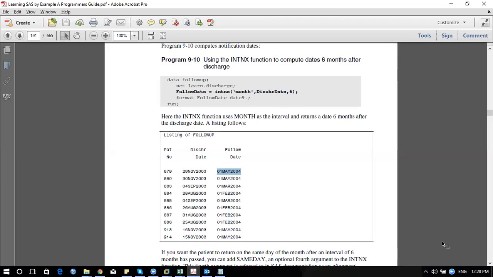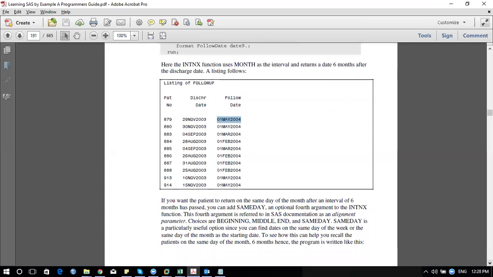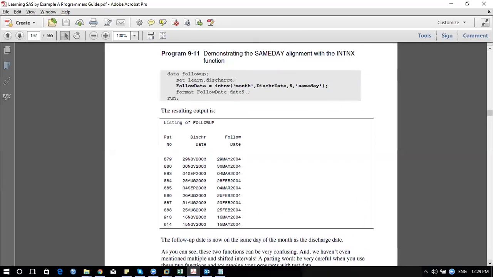Then you can use the same query and you can use these options. You can keep the same day after 6 months, and if you have a choice you can say, okay, after 3 months I want the beginning of a month, the middle of the month, the end of the month, or the same day, correct? So these are the choices and parameters given over there. You can add it, getting it? So now if you look at this, you're getting the same day everywhere.